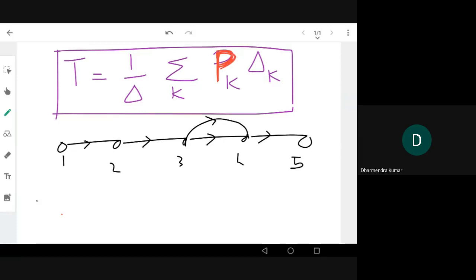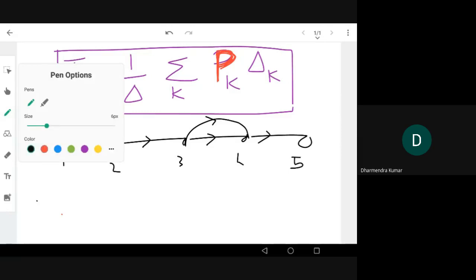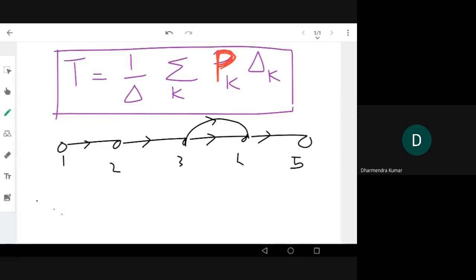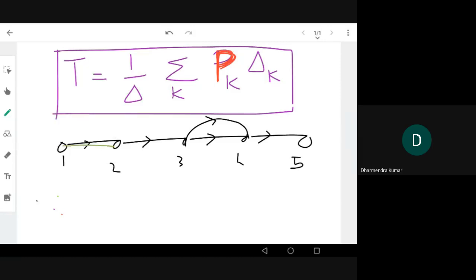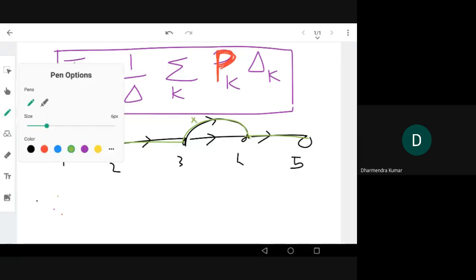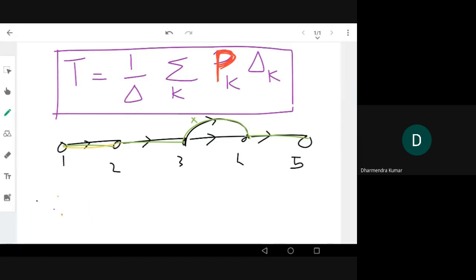So let's explain what is the forward path. Here we have two forward paths. What are the two forward paths? The first path is 1 to 2, 2 to 3, 3 to 4 using this direction, then 4 to 5. Say I'll write this as the x path, right? What is the second path? The second path is through the bottom. 1 to 2, again 2 to 3, again 3 to 4 through the bottom y path, and 4 to 5. Right? There are two forward paths here.